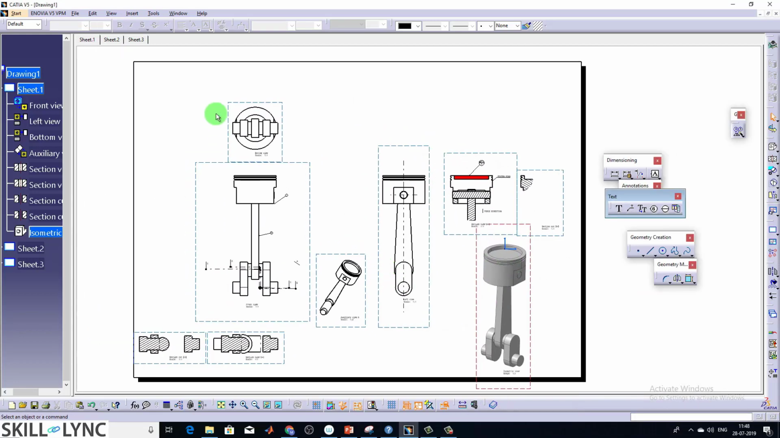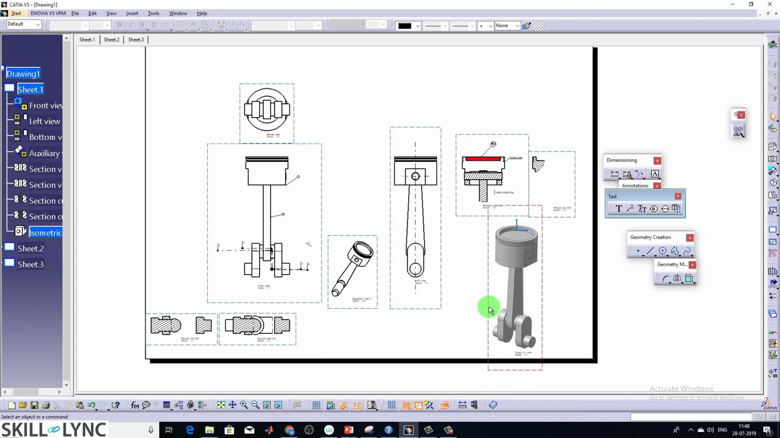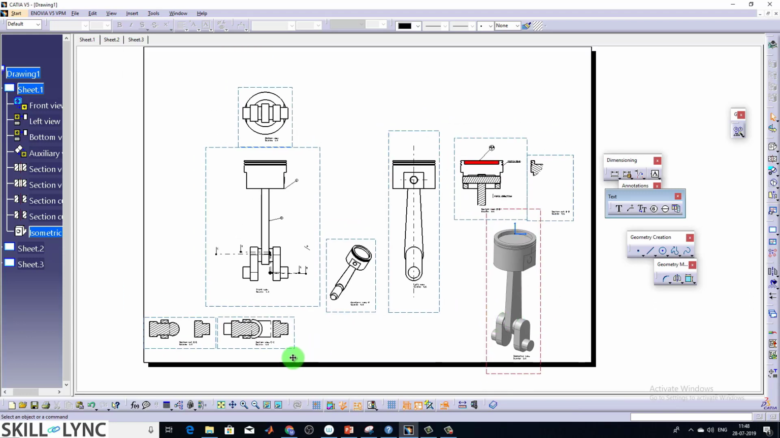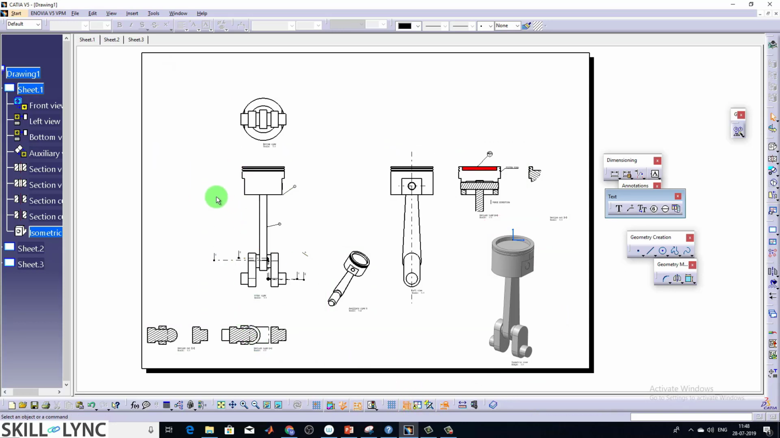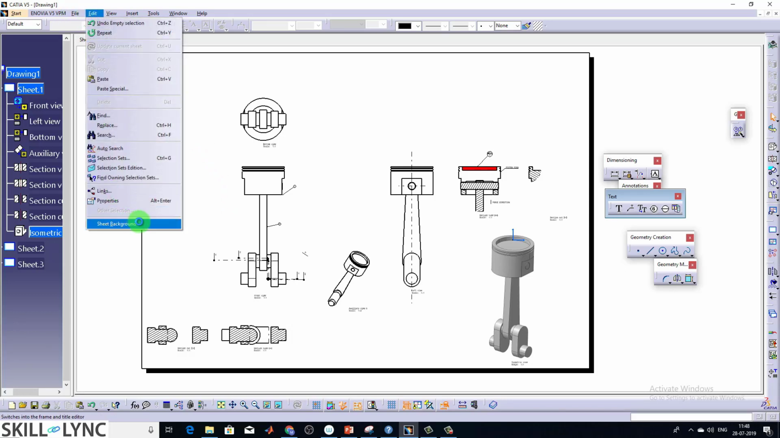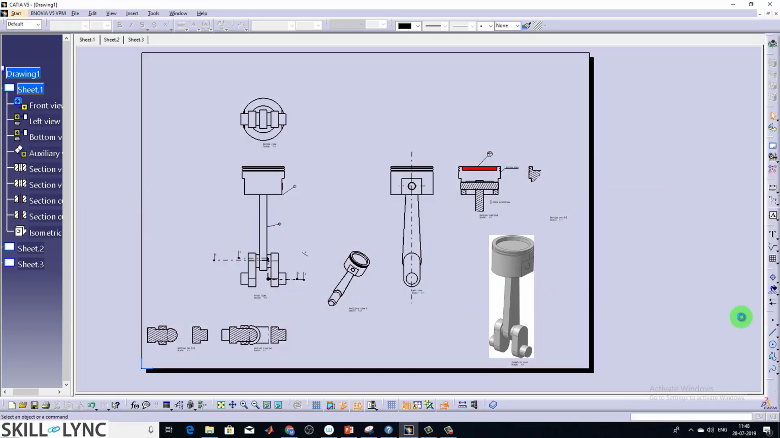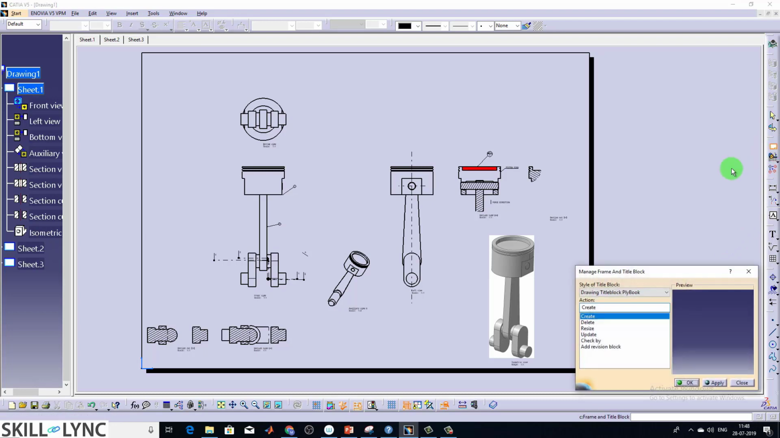You can see the sheet is almost empty. In any companies or OEMs, they'll be using the frames for the background. So I'll just switch off the frames here and go to edit, sheet background, and here we have options like frame and title block. Just click on it,